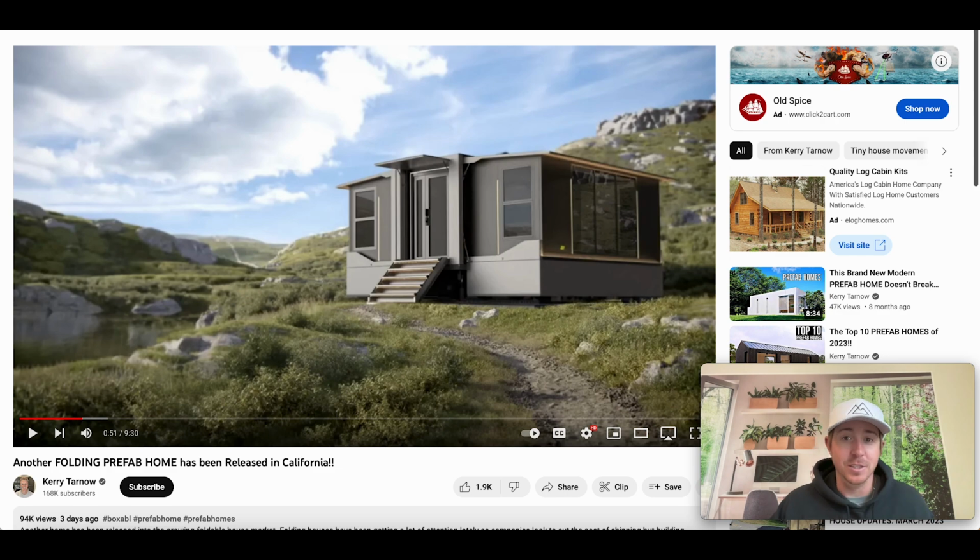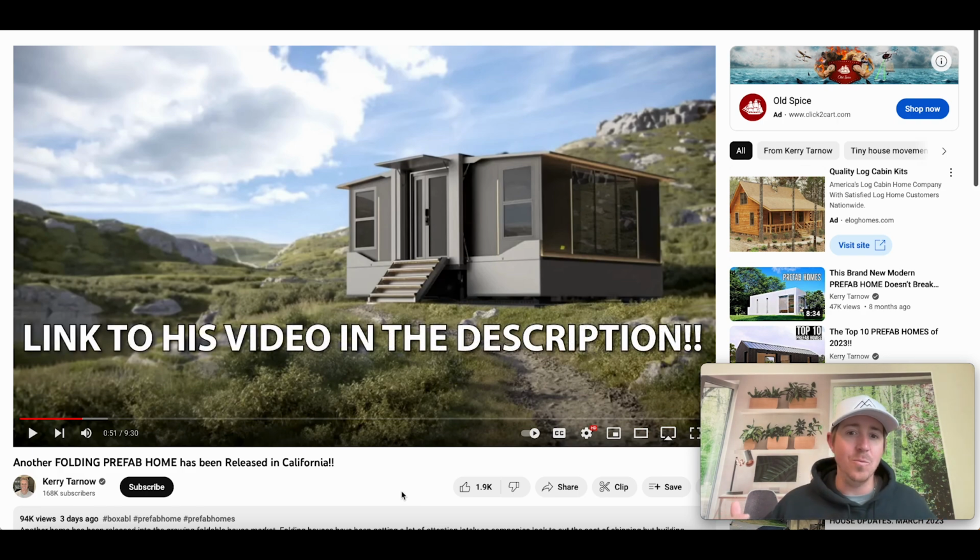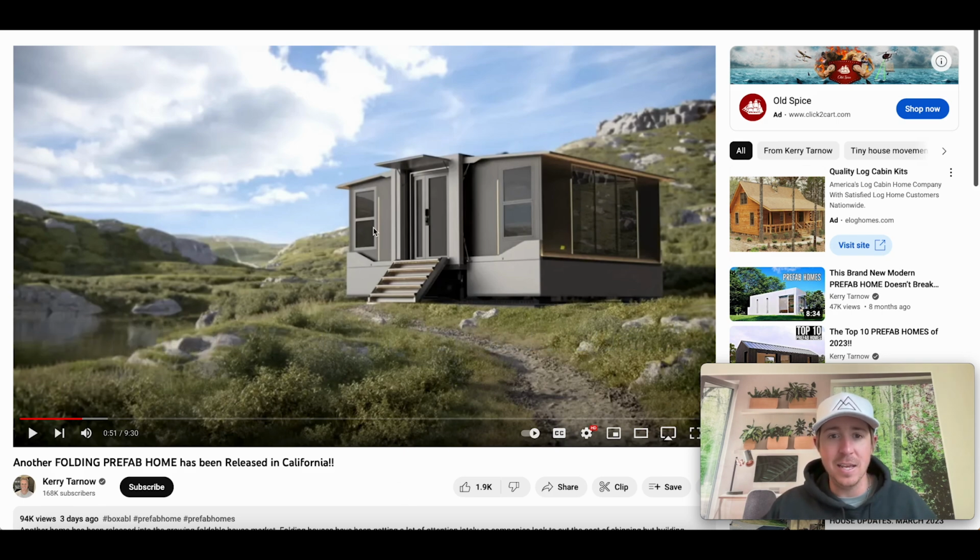All right, I want to stop right here and just look at this house. I have not seen this video, by the way, so I don't really know what all we're going to get into in the video, but I do want to talk about things that I noticed. And when I see this sitting here, I love the windows that we have here on the side, and then obviously on the front as well. But I like that, obviously the landscape, and they got it set up for the staging or whatever. It looks like it would be a great vacation type home, or if you're possibly wanting to be an off-grid type dweller, which I don't even want to act like I know too much about that, but that's kind of the vibe I'm getting. And I love the colors,